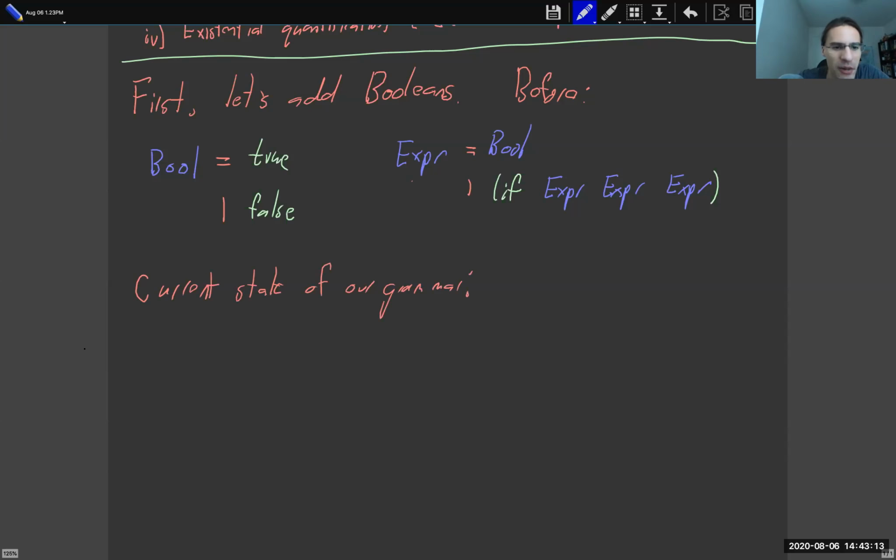So this is everything that we're allowed to do in Proust at the moment. And I'll write it in terms of T's. So a T is either, this really should be EXPR, but EXPR takes a very long time to write because I'm about to write it many, many times. A term is either a variable,